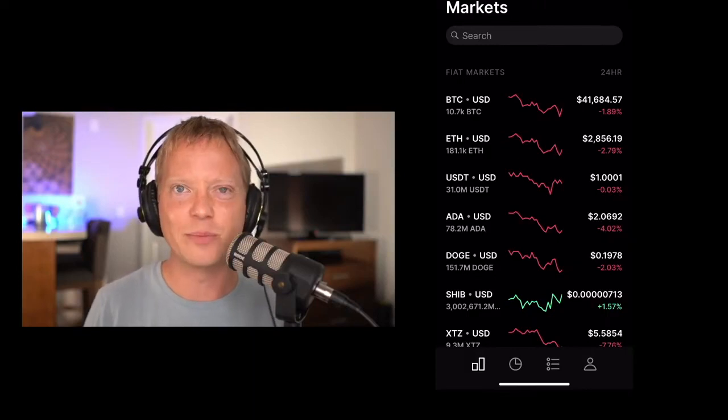This is called Coinbase Pro. I'd say Coinbase Pro is one of the most commonly known exchanges out there. Most people know about Coinbase. So this is Coinbase. It's very similar to what you saw with other apps like Voyager. They have the charts, but Coinbase has a couple more bells and whistles that Voyager does not have. I just want to remind you, I'm not a financial advisor, so make sure you do your own research.